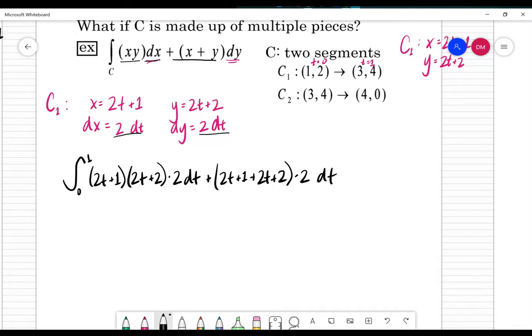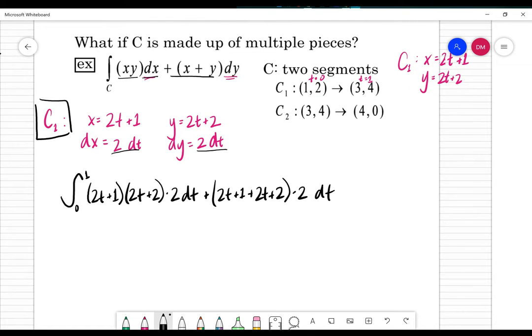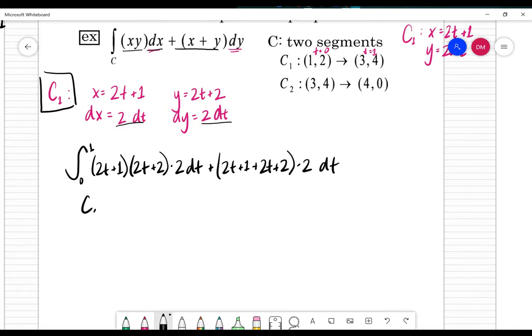So what I'm going to do, and you notice we're just doing this for C1, is what we'll do the exact same for C2. So the answer to this question, what if C is made up of multiple pieces? Well, go ahead and figure out what it looks like along the path for C1. Do the same for C2, and then we're just going to add them together. Okay, so in order to find C1 here,